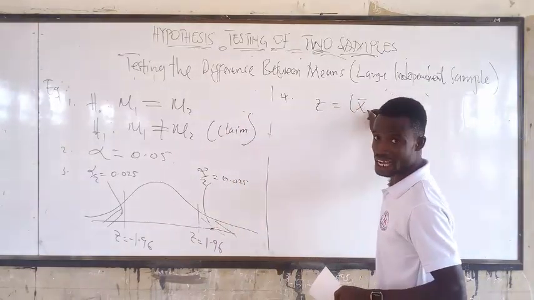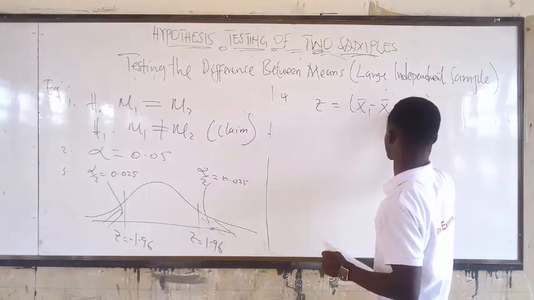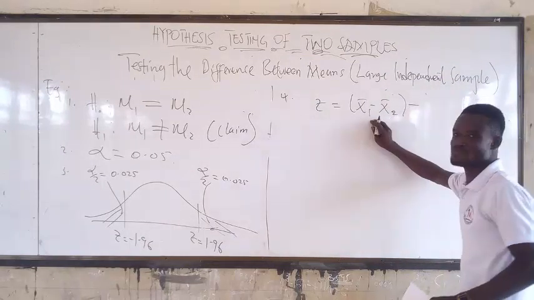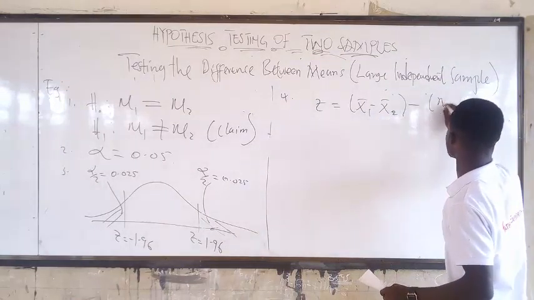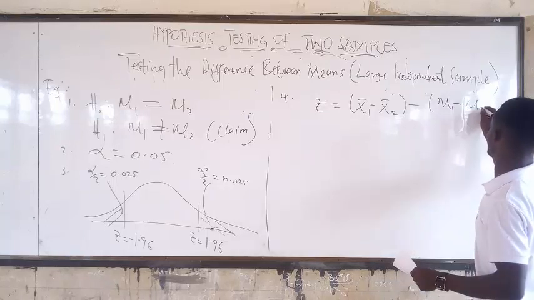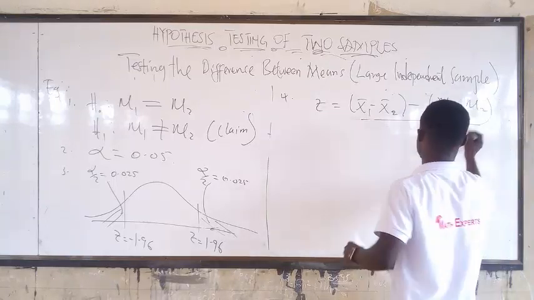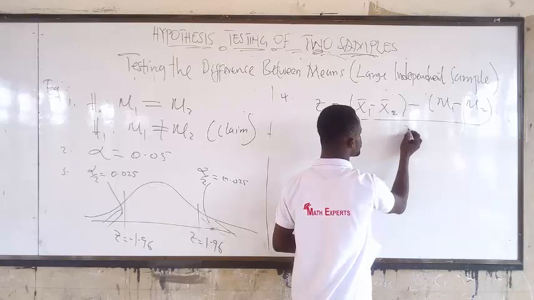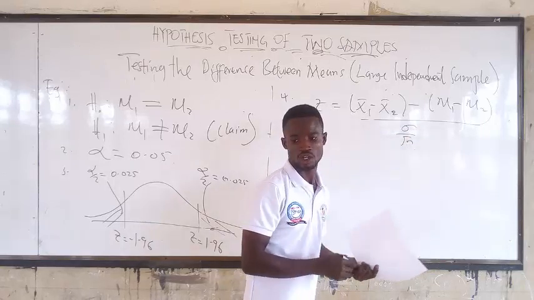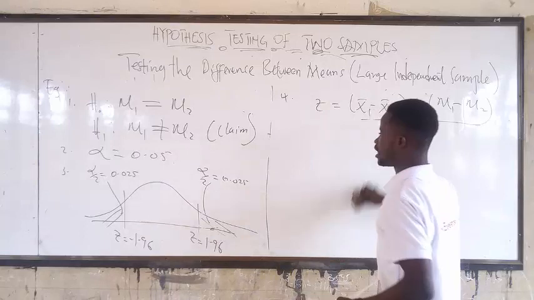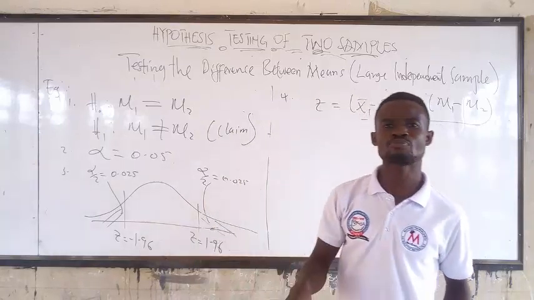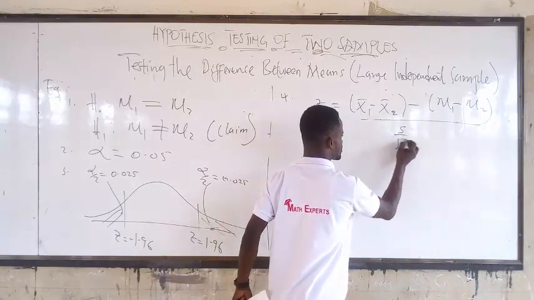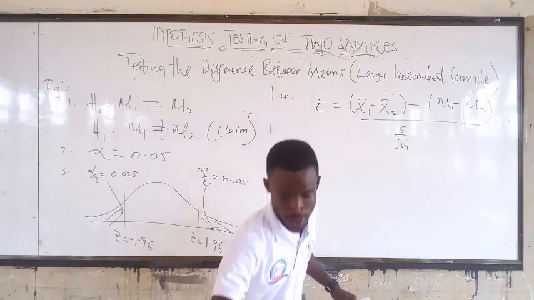Let me see if I can open it, because I know it's linking to the other one. And that one is x-bar1 minus x-bar2, the difference. But here, in dealing with two means, that's why we're having the 1 and the 2. All this over... I know that if it's dealing with population standard deviation, it's going to be something like this, going from n. But from this question, what we were given is the sample standard deviation. Don't forget, so it's not going to be this. Since it's two means, it's going to be